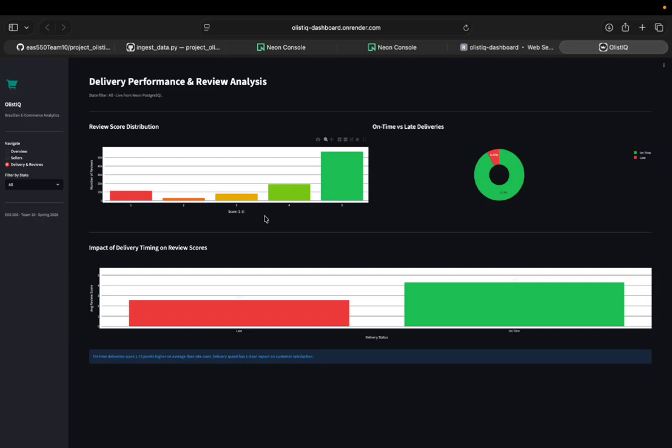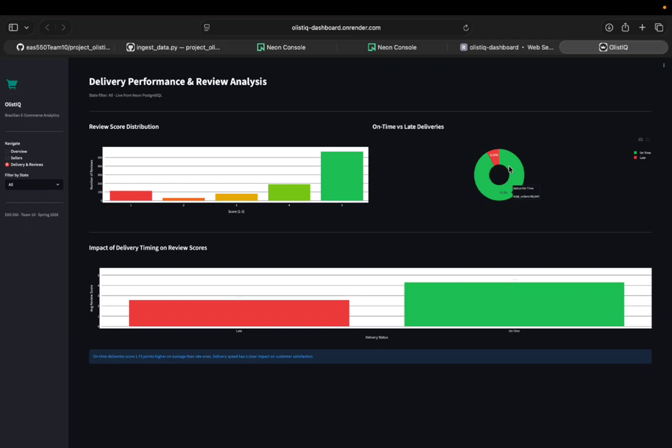And if you note here, on-time versus late deliveries, the on-time has been highlighted more here, because we can observe that on-time deliveries receive significantly higher customer review scores compared to